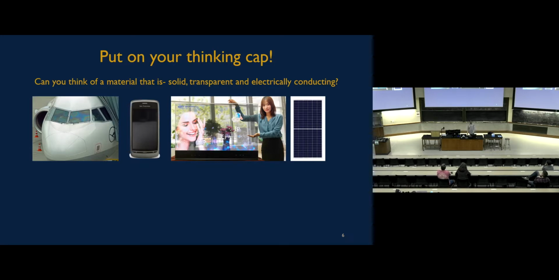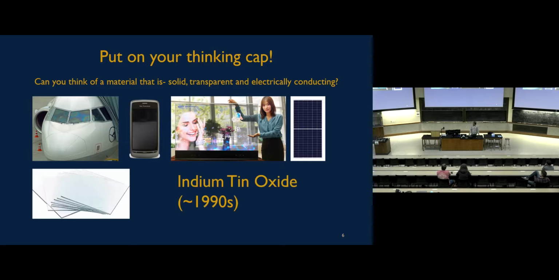Touch screens of smartphones with LED displays have this material. Some time ago, some companies decided to come up with smart TVs. No wonder that idea didn't take off, but that's something you can do with this. And you can also make solar panels, the surface of a solar panel. And yes, that is indium tin oxide, as you correctly said. And this was also discovered, by the way, by trial and error. So all the way until the 90s, trial and error was the only way to find new materials.